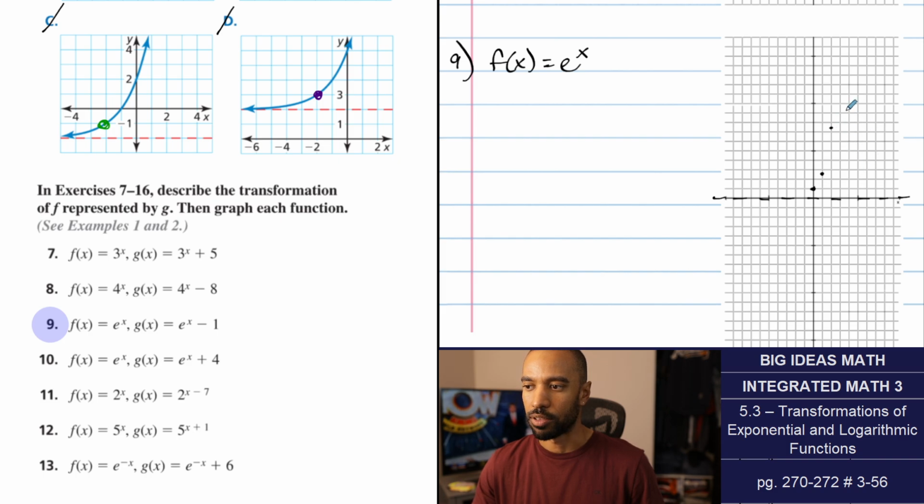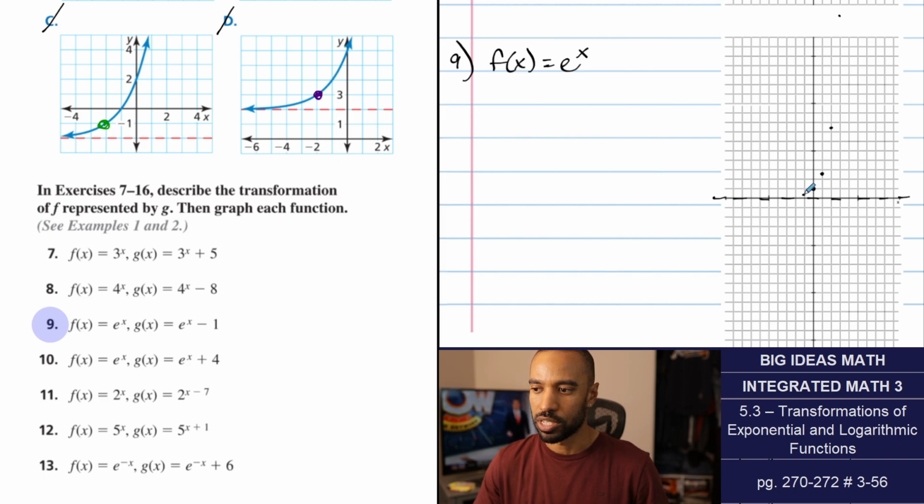And then e cubed is around 20.1. So this is 17, 18, 19, 20.1-ish. Probably is about right there. A little too tall, but just giving you the idea of placement, where it would fit. 1 over e, 1 over 2.7-ish is close to a third. A little bit more than a third, but it's looking like that, and you do what you've got to do off of it. So there's my e to the x graph, and I can use that on my other